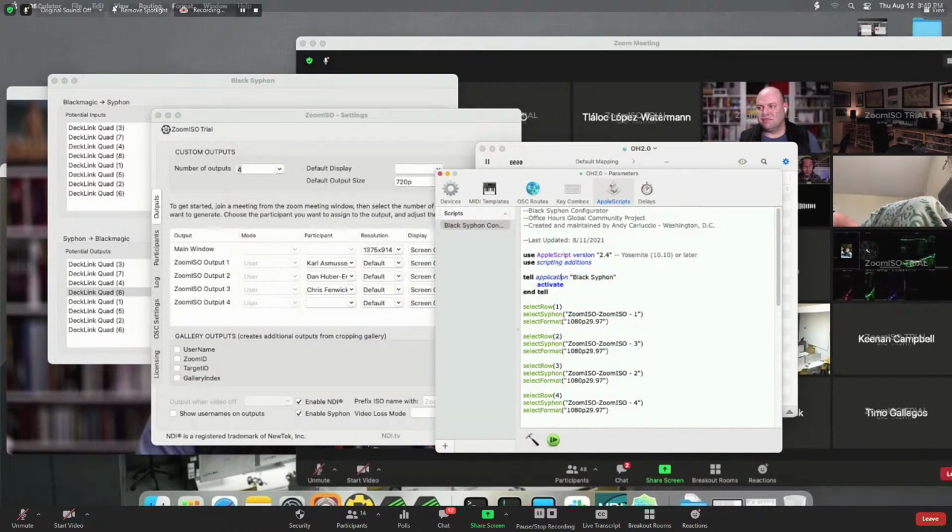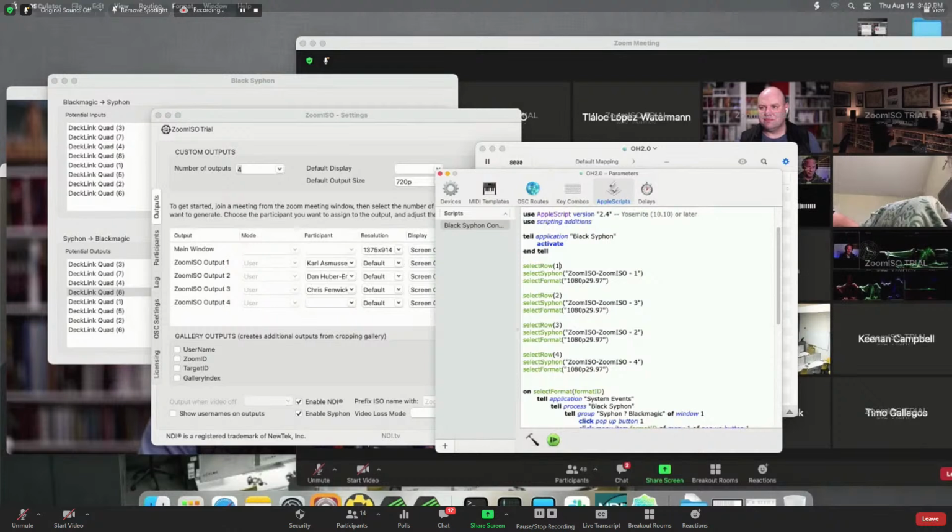So if you look at the script, I'm just saying select output 1, set it to the name this, which is the siphon feed that we're using, right? And then set it to 1080p 2997, and then do it for 2 and do output 3. So it's 1, 3, 2, 4, because that's how a decklink is set up, odd numbers and then even numbers. So all you have to do is just modify this section of the code where really you're just saying, okay, I want this named siphon feed to be on this output number with this format. And all you have to do is copy paste that for the number of outputs that you want.